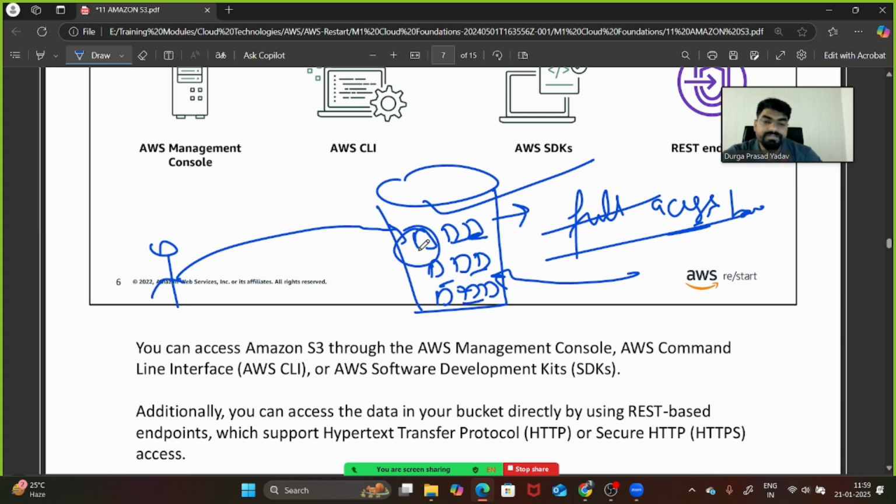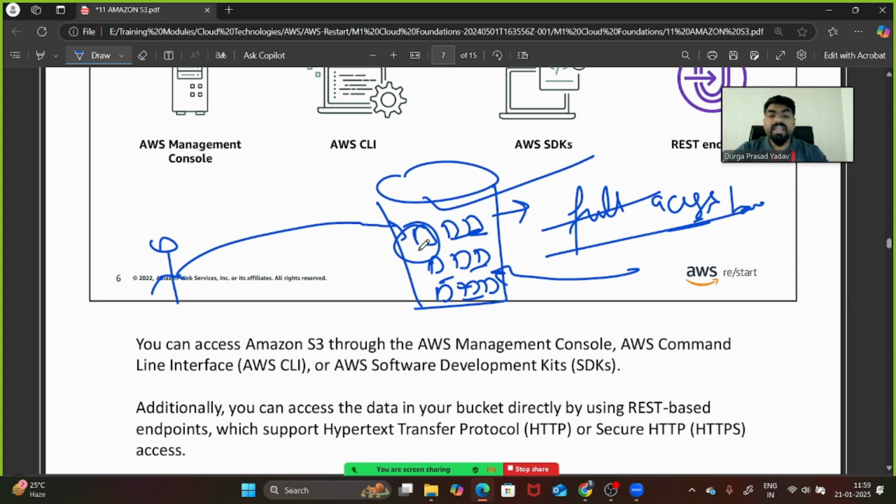Next thing, bucket. Next thing, something important came to my mind and I just forgot. Bucket, object, bucket, object, bucket. Yeah. So the next thing